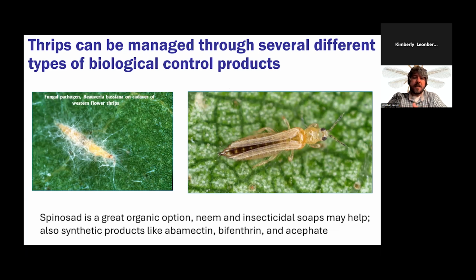One of the big ones I like to toss out is one that most people don't consider, which would be Beauveria bassiana. This is a fungal pathogen. So instead of worrying about fungi as a problem for your plant, we're weaponizing this insect-specific fungus, and we spray it. As it gets coated on the leaves, the insects will crawl through these spores and then get infected. You can see the result of that on the left. This thrips is being turned into kind of a fungal mummy as a result of the Beauveria bassiana. This works on a variety of insects, but thrips is one of the highlight ones that we see